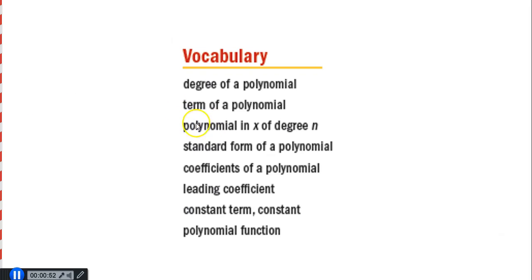You'll also want to know what a polynomial in x of degree n is. I'll define that here in just a minute. And then you'll want to know the standard form of a polynomial. What is the standard form of a polynomial? What are the coefficients of a polynomial? What is the leading coefficient of a polynomial? What is a constant term or just a constant? Those two things mean exactly the same thing, something we have seen before. And then a polynomial function. So a lot of spooky language here. Looks a lot scarier than it actually is. These things are actually quite easy to identify, but there's just a lot of vocabulary that goes along with polynomials